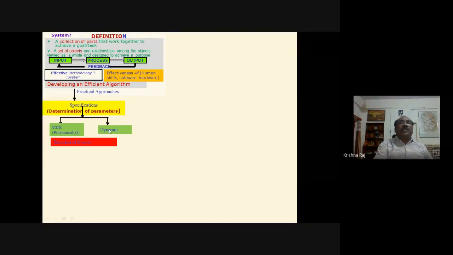If the system is analog, then naturally that system will be represented by a differential equation. Now that may be a very simple differential equation like the velocity v is equal to ds by dt or dx by dt, or that may be very complex, having one-dimensional or two-dimensional representation. Same is true for the difference equation also. Now, if we are interested in the static system, that is the memory-less system, then those systems are represented by polynomials. Now, the polynomials may be very simple, having zero-order polynomials like the constant.